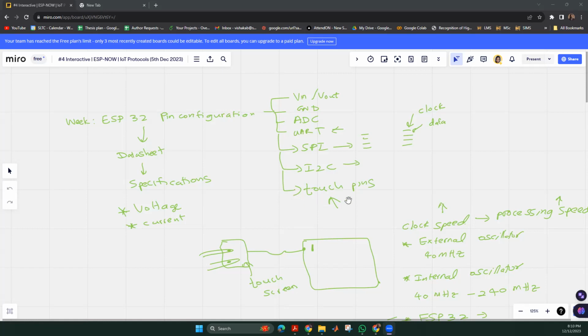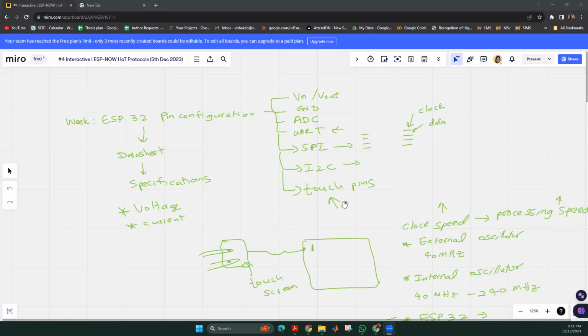So touch pin is something that is not available in microcontrollers such as Node MCU, right? When you take ESP32, there are some special functions that the ESP32 can do when you compare with the other microcontrollers.